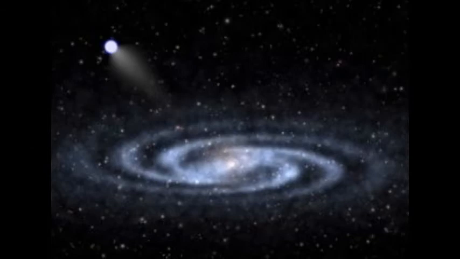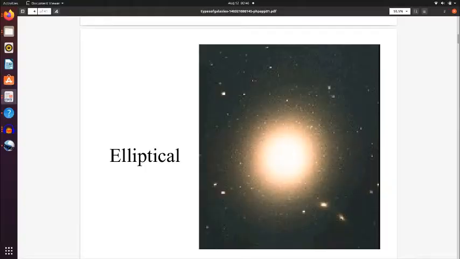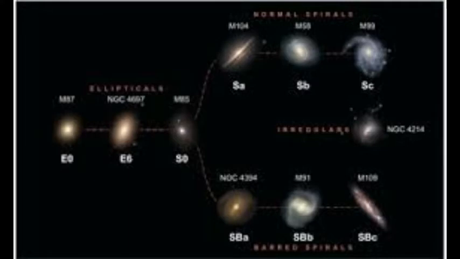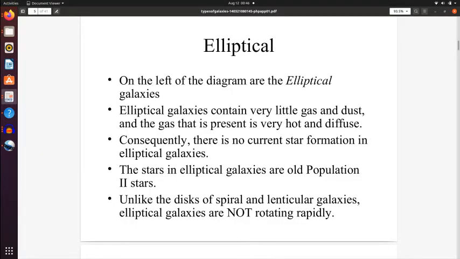Next we are moving on to the different types of elliptical galaxies. Hubble classified elliptical galaxies into E0, E2, E5 up to E7 types, and elliptical galaxies look roughly egg-shaped and relatively featureless. All that can usually be detected is a decrease in surface brightness as one moves outward from the center of the galaxy.